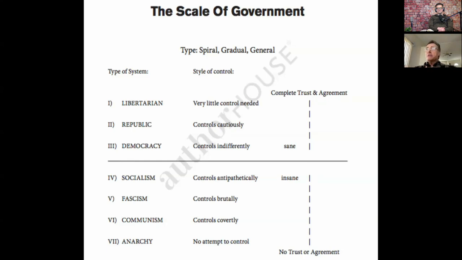And it is indisputable now that the vast majority of Americans absolutely do not trust the government, any government. They don't trust the federal government. They don't trust the state government. They don't trust the municipal government. They don't trust the county government. They don't trust it. Well, that tells you it must be a very low level of government. You see, there's not a lot of agreement. So when the government does things that the people don't agree with, how can they trust it? So this tells you a lot about what makes a government.